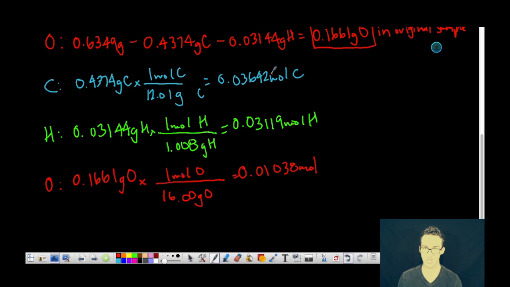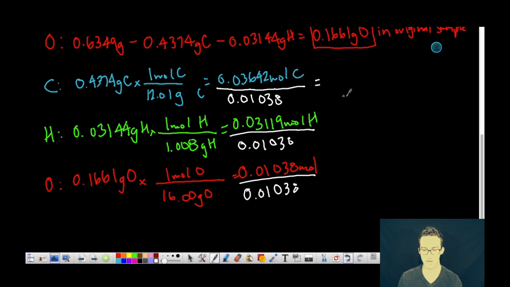Now, again, empirical formula is just a ratio or comparison of these three different numbers of moles. It's a little more difficult to compare these numbers than it was in the earlier example. Any situation like this, you just need to find the smallest number of moles and divide each of them by that number. In this case, it's going to be our number of moles of oxygen. And when we do that here, we get approximately 3.5. We get approximately 3 when we do that here. And we get exactly 1 here. Which means, therefore, that our formula is